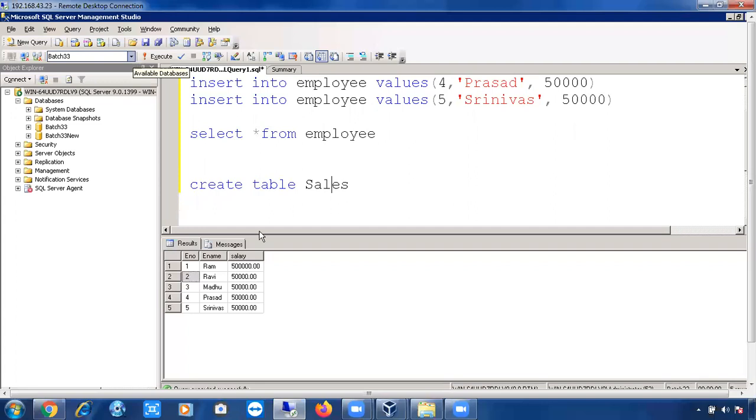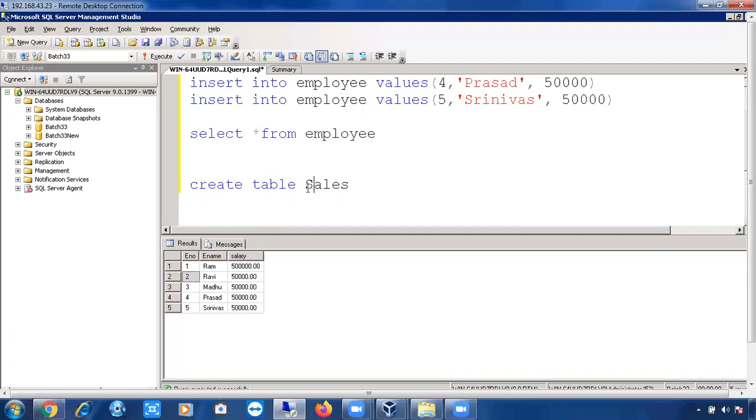So open the scripts. Don't blindly execute any script as a DBA. You cannot do that. Of course, we cannot write the scripts, but we can understand the script. If you just go through the script, we can understand what it will do. Yes, he is trying to create a table, but in which database is he trying to create it? He has to mention the database name, right? Some developers will not mention it. In such cases, you have to ping them and ask them, in which database do you want me to execute this script? They have to tell that.